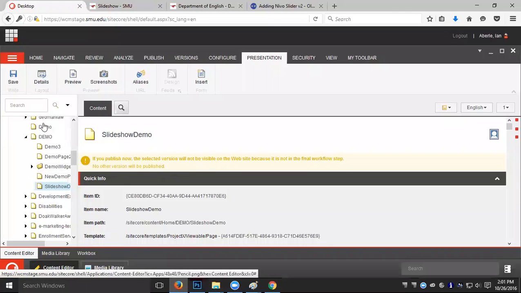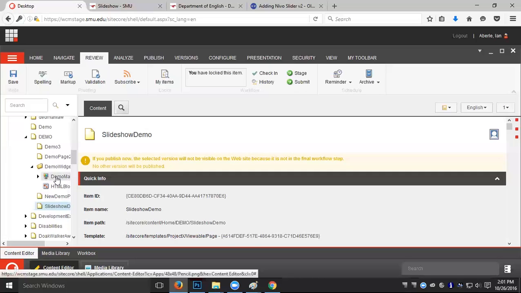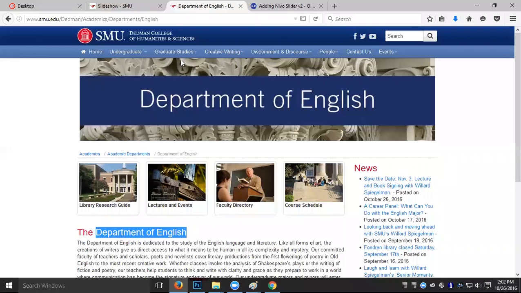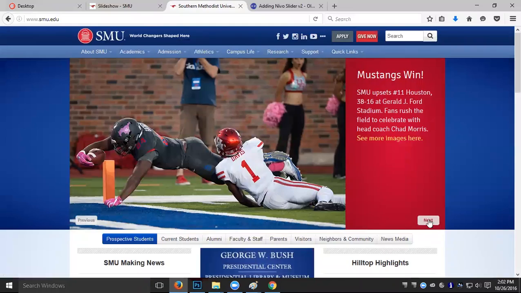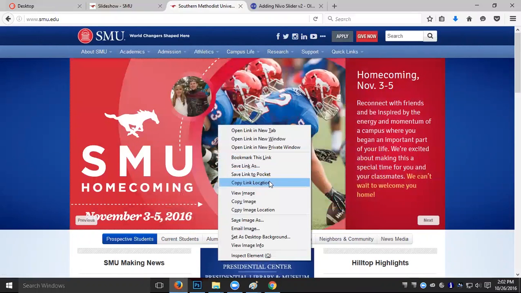So in our slideshow, I can go ahead and hit stage. All right. If I come back over to my slideshow here, I have this information about homecoming. And if we look at our main SMU homepage, that's not it. That would be it. There's information on here about homecoming, and this one's actually linked. So I'm going to go ahead and copy this link location